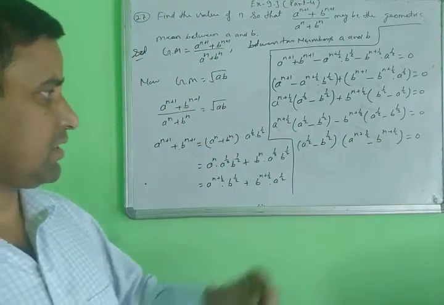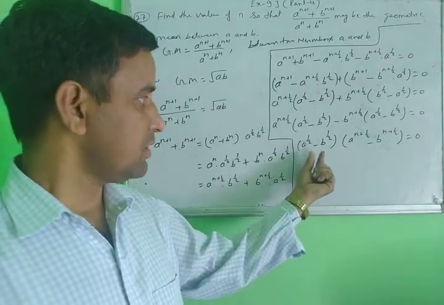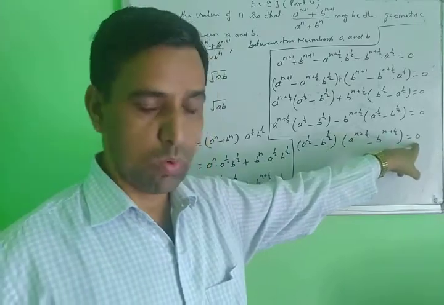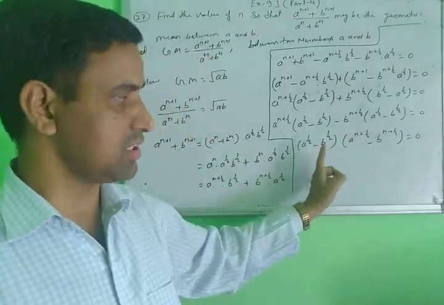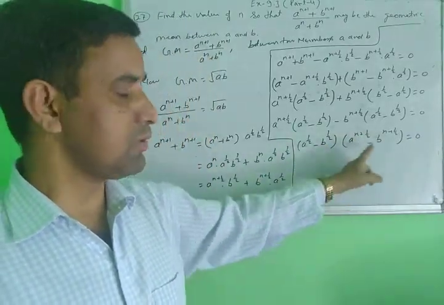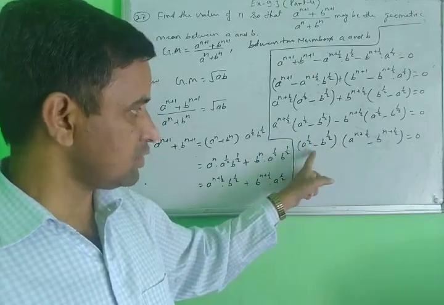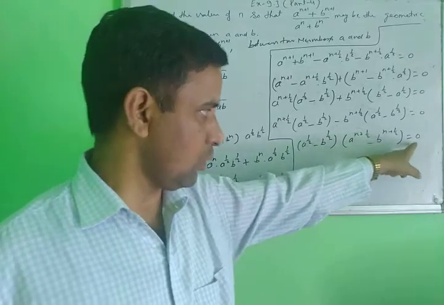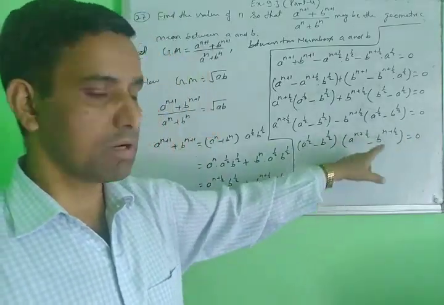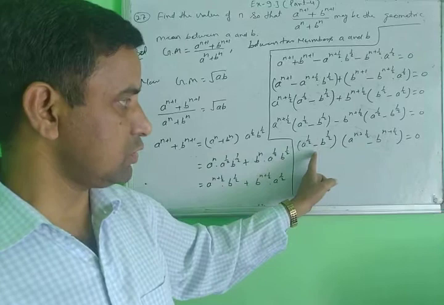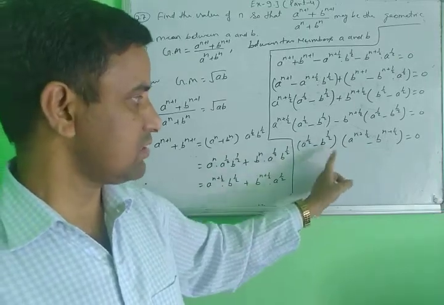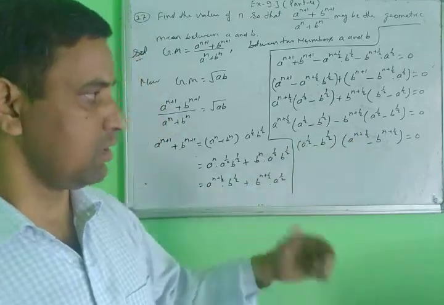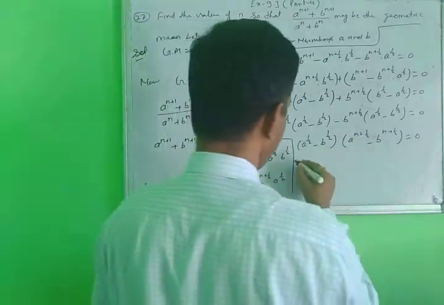Important thing here: when the product of two numbers, two integers, is 0, it means either this one is 0, or this one is 0. Both will not be 0. When the product of two numbers is 0, applying this rule, one of the numbers is 0. If this is 0, this will not be 0, one by one. Now,